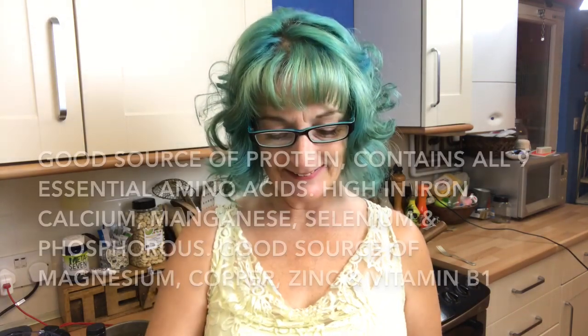So what I'm going to do with all these ingredients is mince them up in my food processor so it's the texture of rice, and that will be ready to cook. I'm not going to put the cooked quinoa in that, I'm going to add that separately. Okay, so the other ingredient is